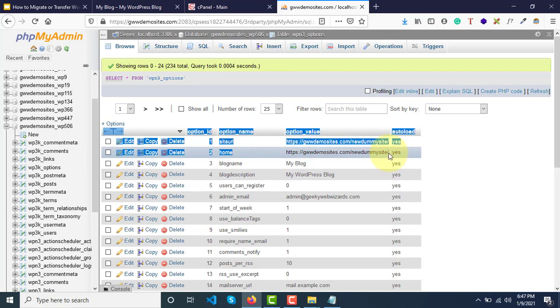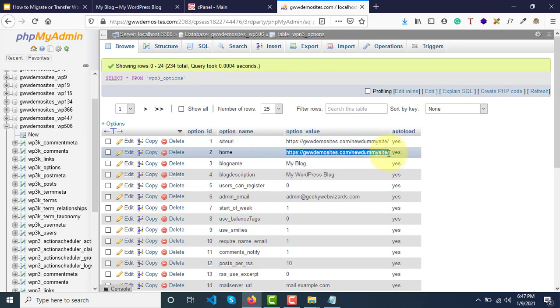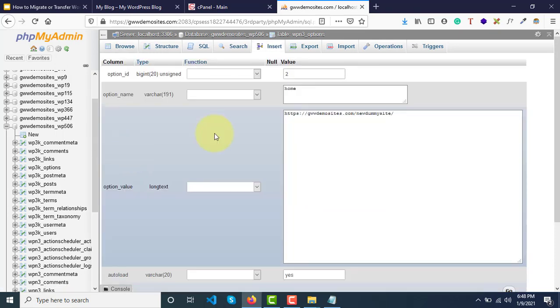It will have the URL of the old website. If you find the old website's URL here, then you will not be able to log in. So you need to click on edit and then update this URL to the new URL, and then update this.